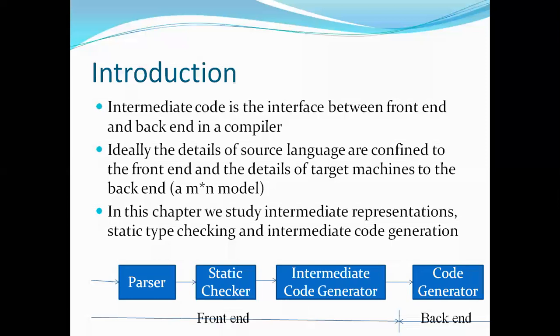And here we are going to discuss the representations, the static type checking, the intermediate languages and three address codes, what backpatching is, what the control flow statements are, and all those we are learning here, right? Because those all fall under the concepts of intermediate code generation. If you see the structure, we start with a parser, and the output of the parser acts as an input to the static checker, where we generate a decorated syntax tree, and that output acts as an input to the intermediate code generator, and then it goes to the code generation.